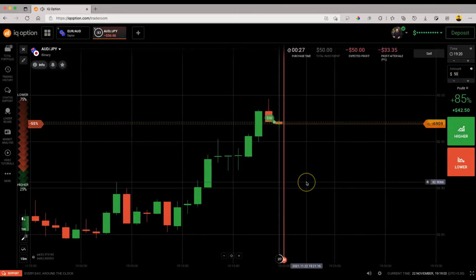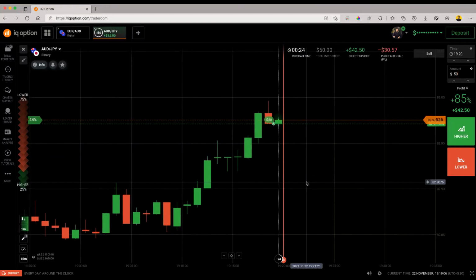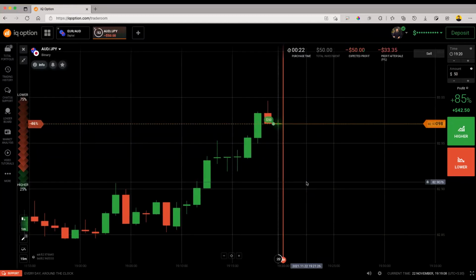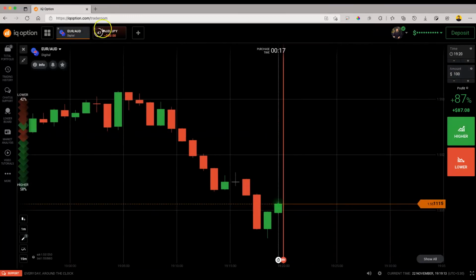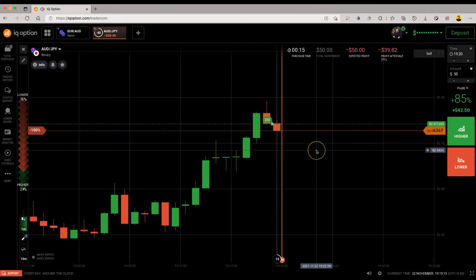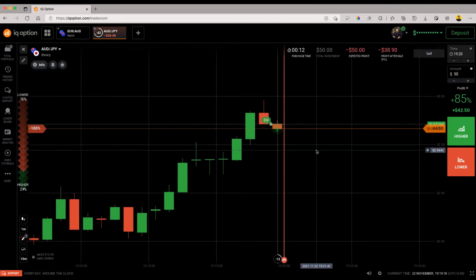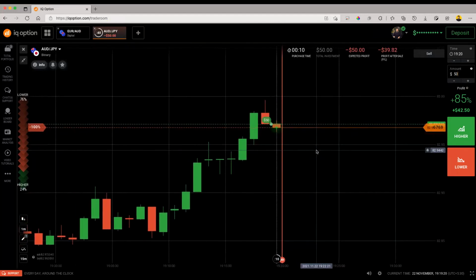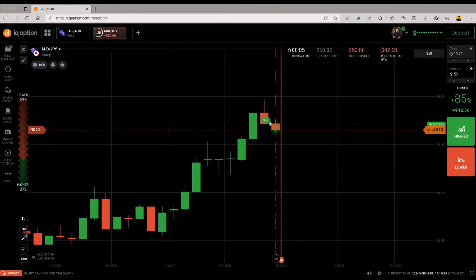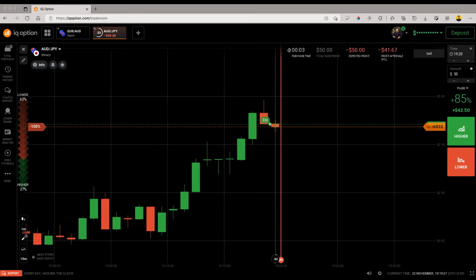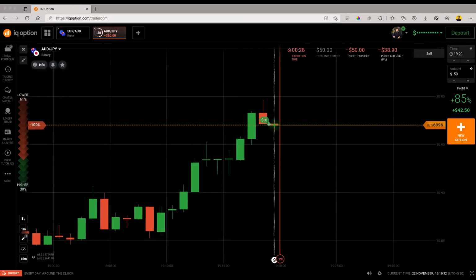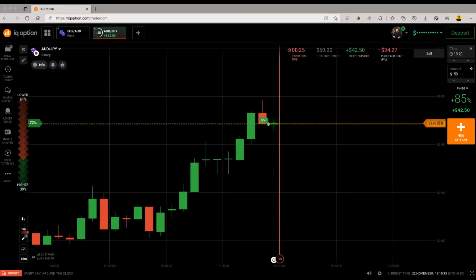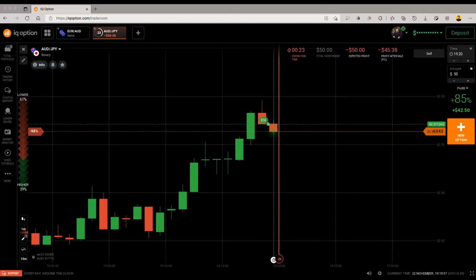So here we have taken the call trade, because as we all know, here we are having a strong entry of buyers in AUD/JPY. So we have taken the call trade with a minimal amount. It's just $50, because here we can have the risk. Previously we were taking the high probability trades with $200, less probability trades with $100, and with no probability we are just taking $50. So just have patience and wait and watch what happens.